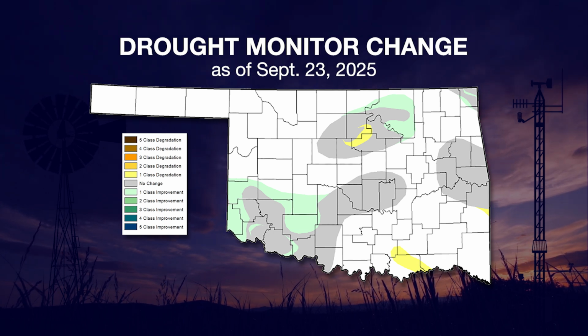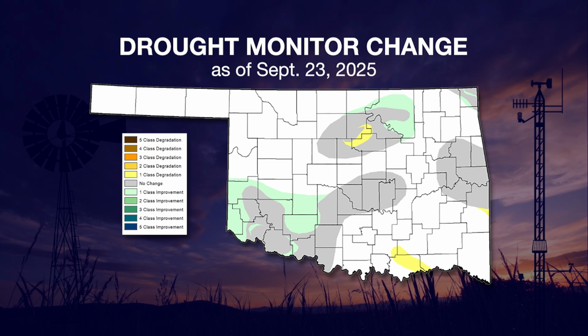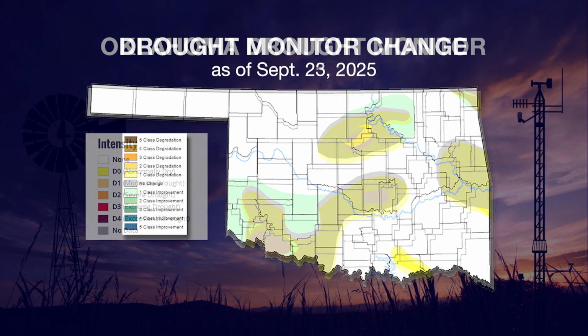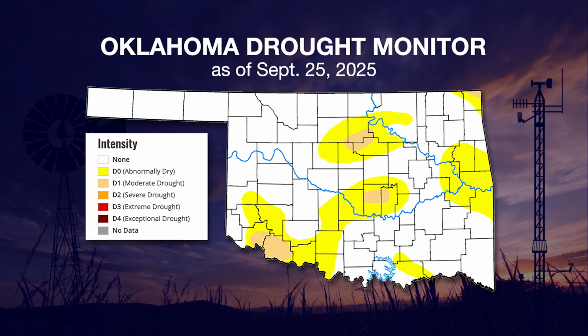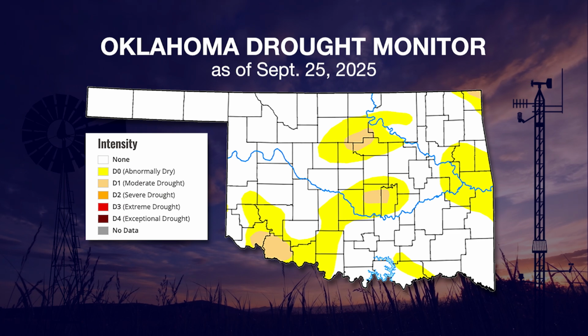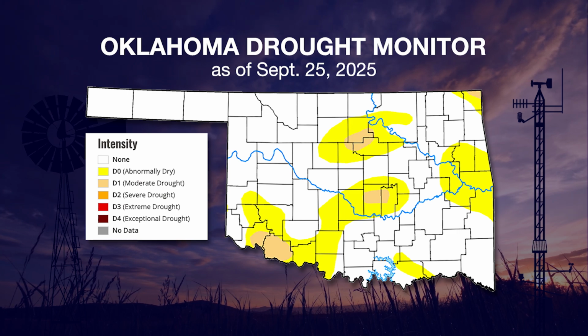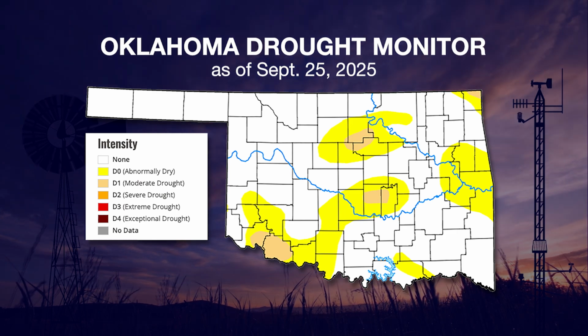So some good improvements down in southwest Oklahoma, and also up a little bit in north central Oklahoma, and a little bit of worsening up in north central Oklahoma, very close to where the improvements were. So that's the way it is with Oklahoma rainfall. This is what the actual map looks like. We still have those areas of moderate drought in north central, central and southwest Oklahoma. Again, most of the areas shrunk, including those yellow abnormally dry conditions in those regions, but we still do have